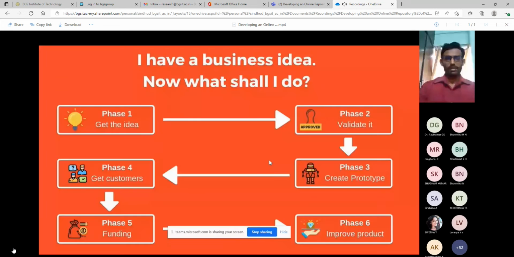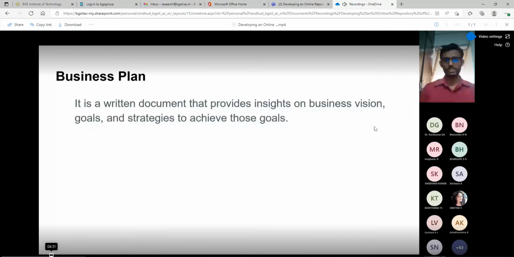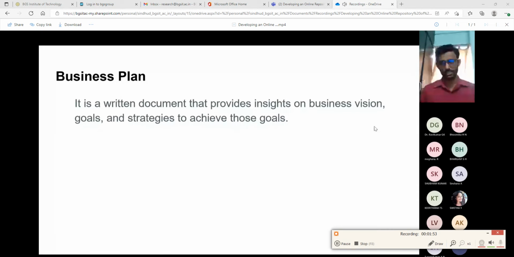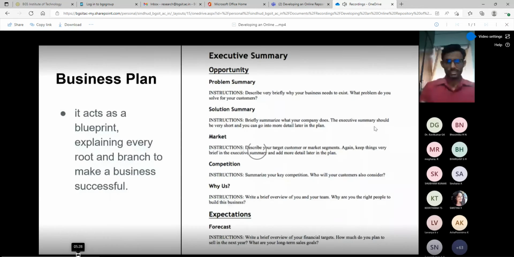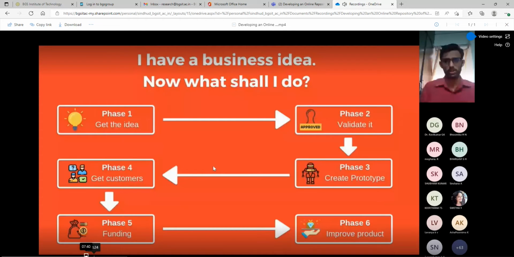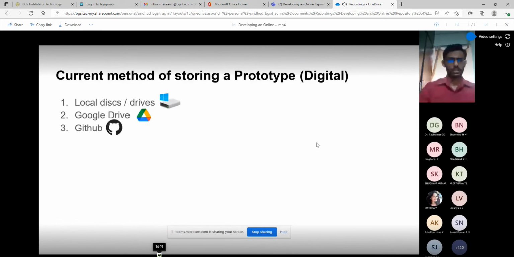So when we look at the business plan definition, it is a written document which provides insights about your business, goals about your business and strategy. And we will see why a local laptop. But if you move from that phase to the next phase, where all the repository is stored,